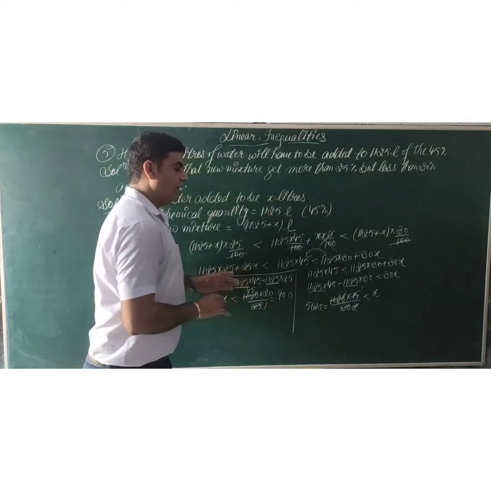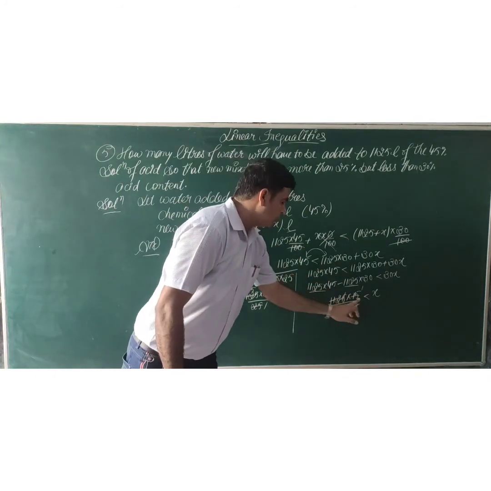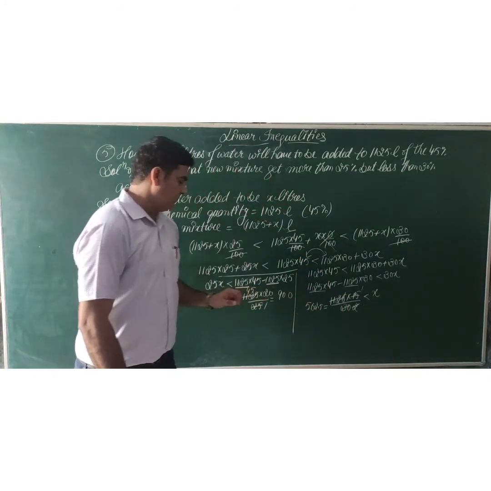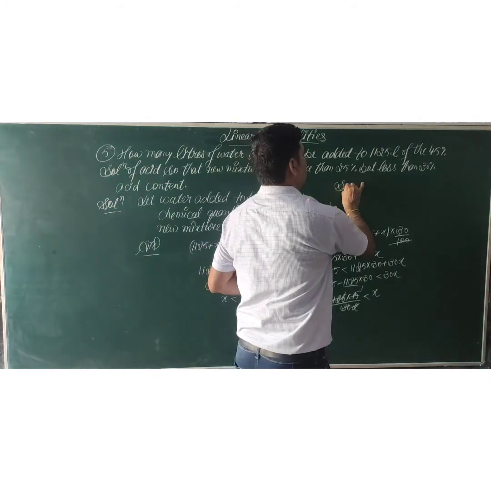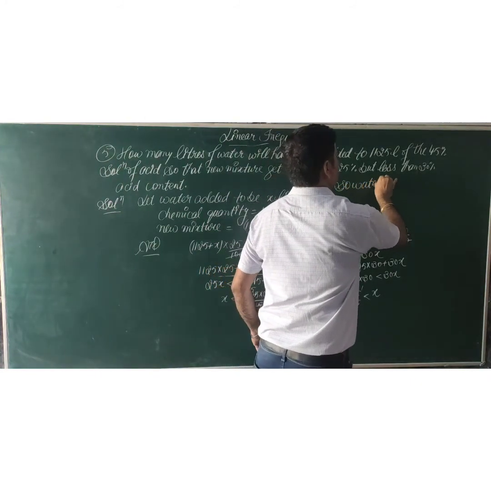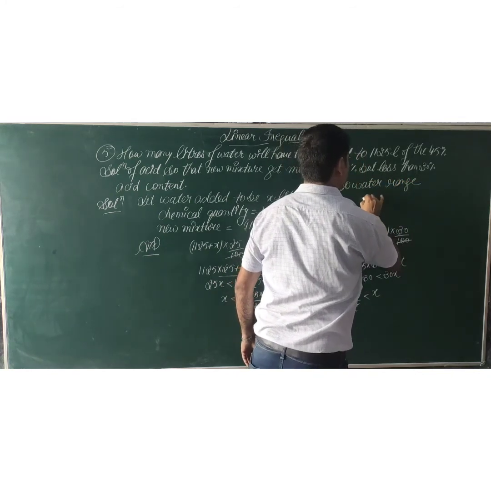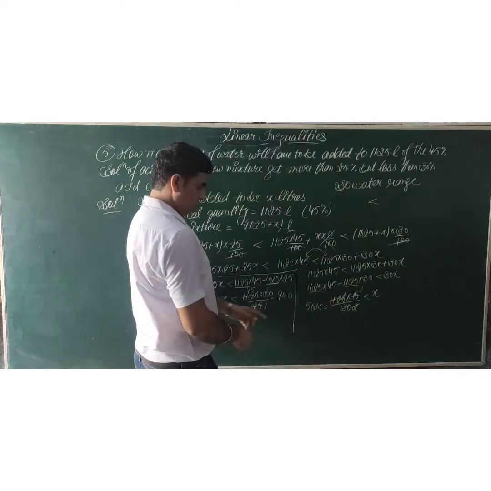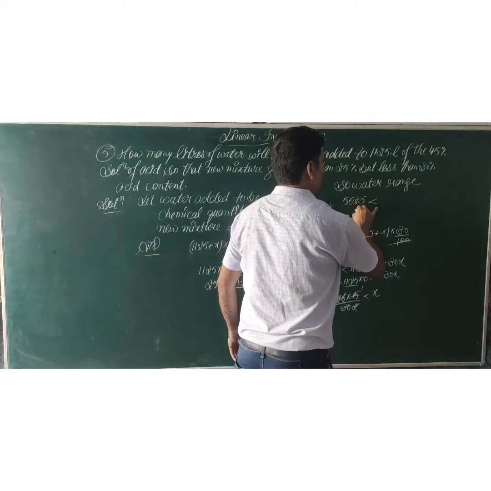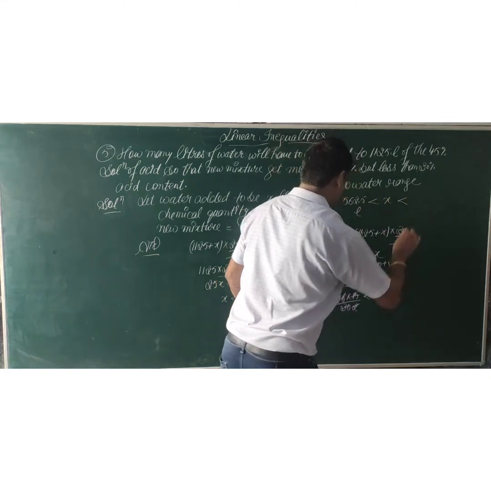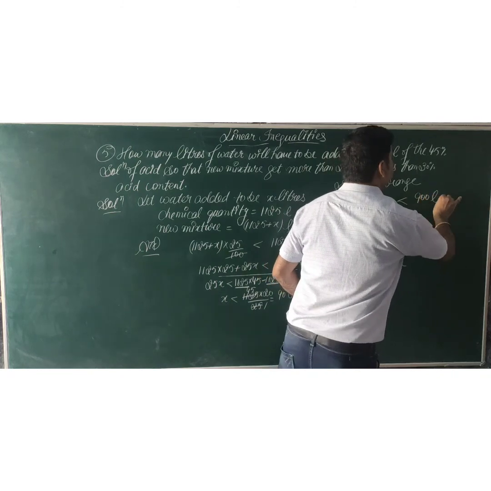It means the quantity of x, the water, should be more than 562.5 but less than 900. So the water range should be more than 562.5 liters but less than 900 liters. So the mixture becomes